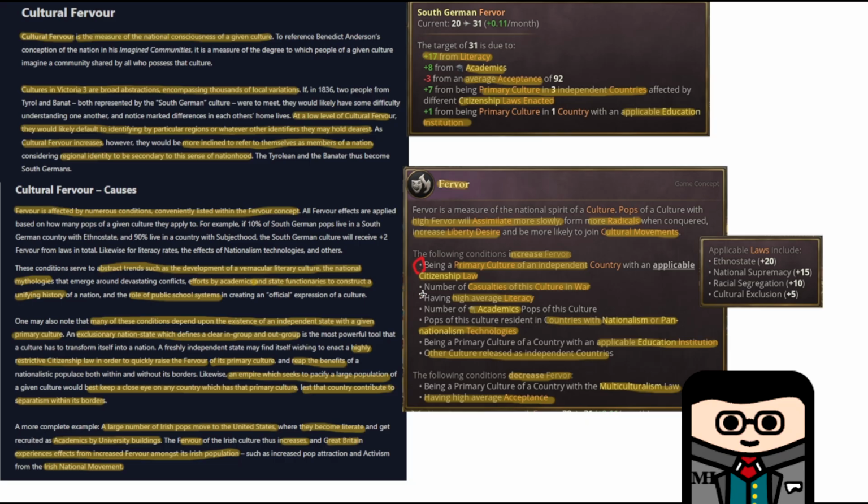Then you have a number of casualties in the war. This ties into the nationalism that is felt in the British colonies, like Canada, Australia. These nations suddenly have their own identity because of a collective feeling of struggle. Cultural fervor is also driven up by high literacy rates and numbers of academics. Everyone is teaching and discovering things about themselves, their own identity, and forming that into new ideas and books that then spread